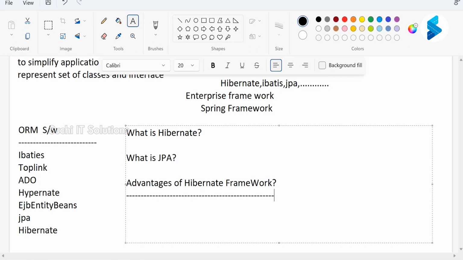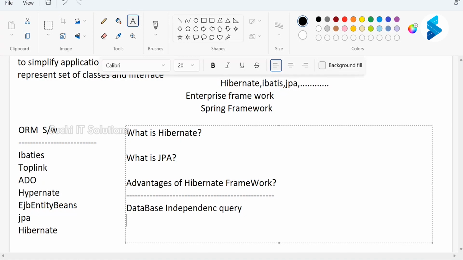So next one, database independence. One more important point is database independence, a very important point. What is a database independent query? Hibernate queries are database independent.